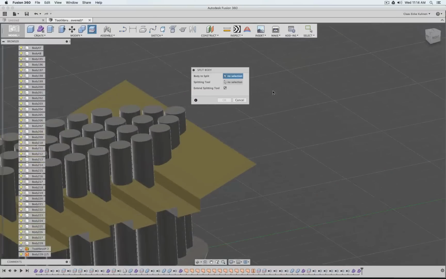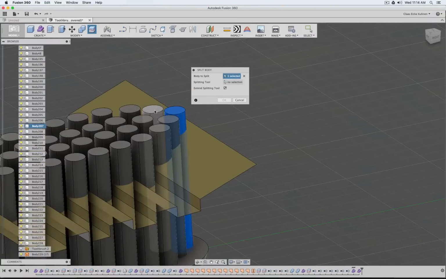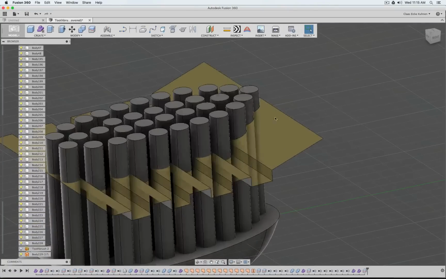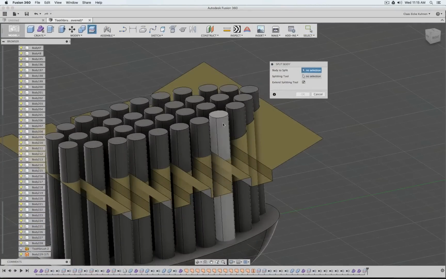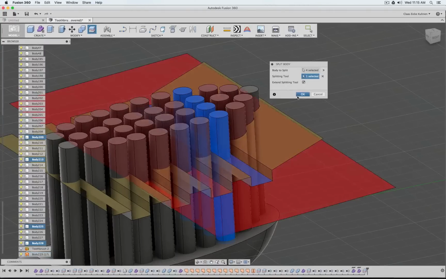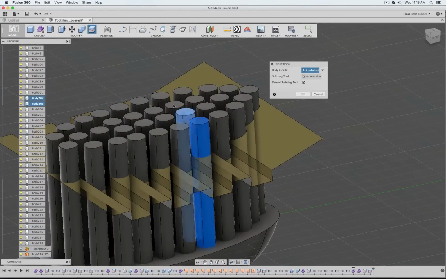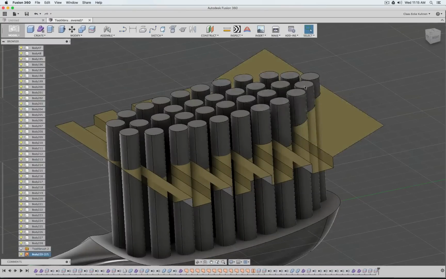But not a big deal. We can simply say split 1, 2, 3, 4, 5 along this face. Zip. Then one more time we say these 3, 4 along this face. Zip. And this one, for example, along this face. And